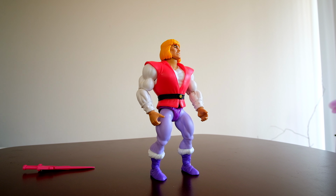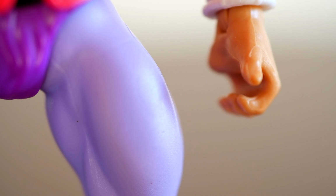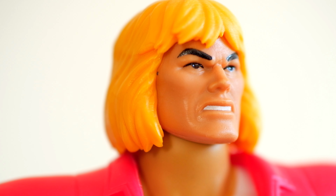And we'll take a quick closer look over at his details, by the way, of this dashing and stylish young prince. Now, it's very interesting. He wasn't in the original concept of He-Man. He didn't appear in the mini comics until later on. And then he was adapted permanently into the Filmation series. And I think that's great because I like, again, the dichotomy. They gave him this like royal side. He's like very humble, very kind. You can see the gentler side of He-Man and Prince Adam, whereas in the mini comic, he's just